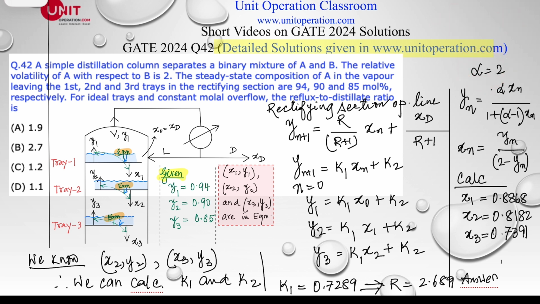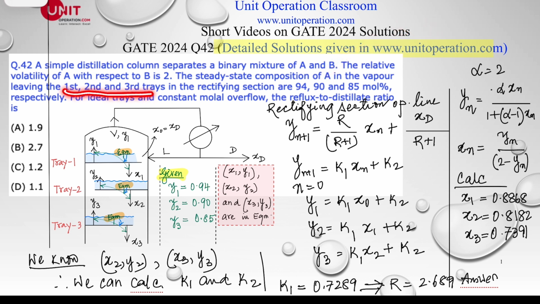So we know that by definition of alpha, this is the equation. We all know that, and of course this can be written in terms of xn and yn, and putting alpha equal to 2, this is the relationship we get. The stated compositions of A in the vapor leaving the, let's call A is equal to 1, component 1,